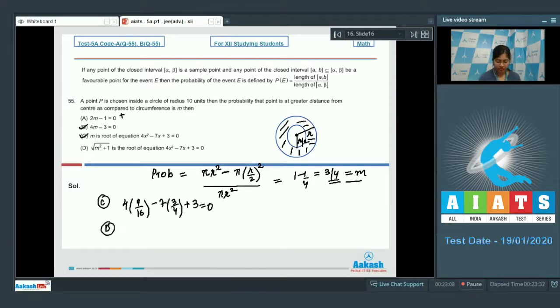Now let's check option number D also. Square root of m square plus 1 is equal to 5 by 4. Let's check whether 5 by 4 is satisfying this equation or not. So we have 4 into 25 by 16 minus 7 into 5 by 4 plus 3. This is definitely not equal to 0. So this is not a root of this equation. So the only answer is B and